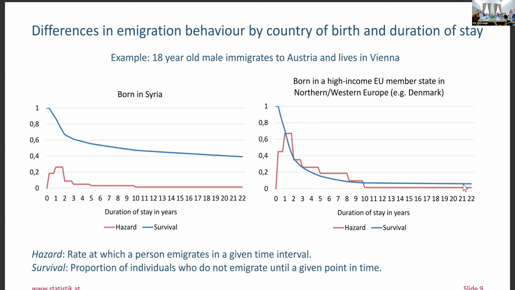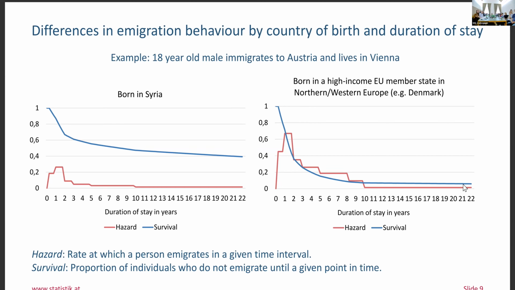And then the hazard actually drops down to a value near 0 very quickly. Whereas in the case of someone born in Denmark, for example, the emigration hazard is very high in the first 2 years. And then it starts to slowly converge towards 0 as time goes on. So we can see that someone who immigrates to Austria and was born in Syria